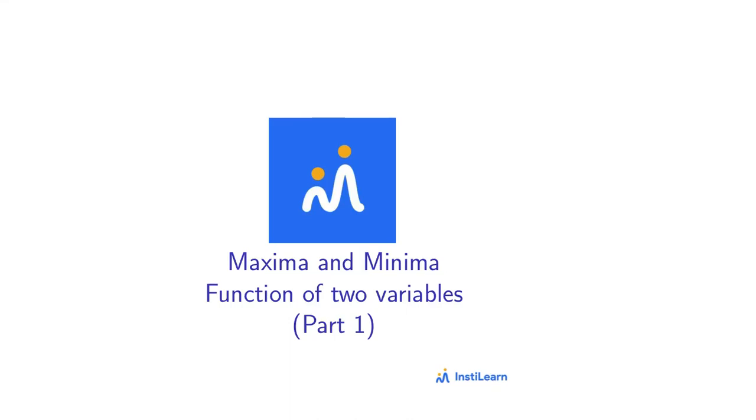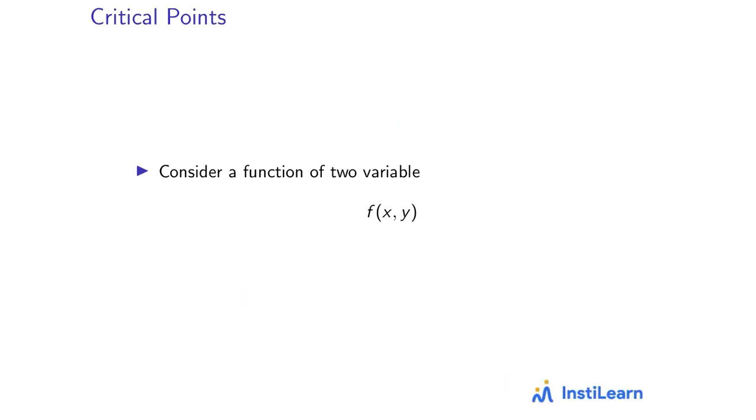So today we are going to discuss the maxima and minima for a function of two variables. For a function of two variables, there are two types of questions that usually come in the exams. The first one is that you need to find the maxima and minima in the whole domain, that is R2. And the second type is that you need to find the maxima and minima subject to some given condition, such as g(x, y) is 0.